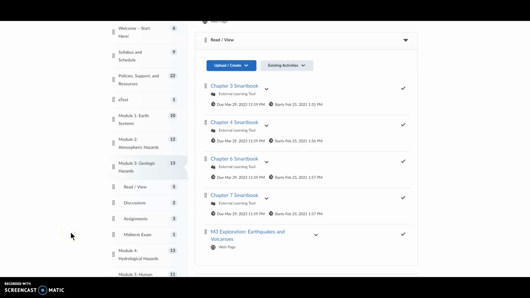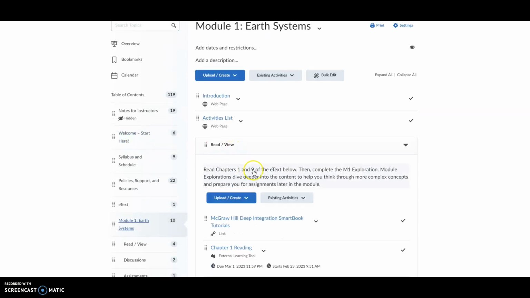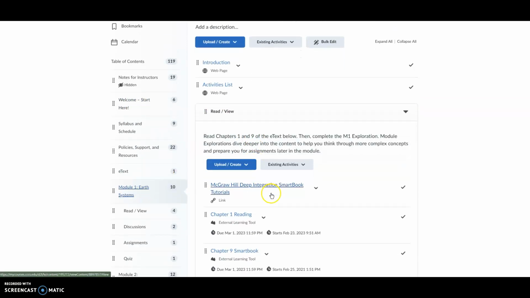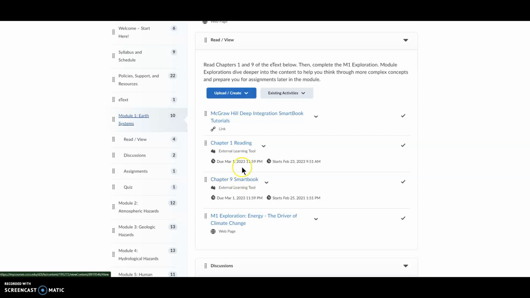Hey, so I figured I would just show you what I'm talking about. So this is a past course that I taught, the same exact course, but it was in spring of 2023. Whenever you would go to each module, you would have the links to the smart books listed here. And you could click on them and it would take you